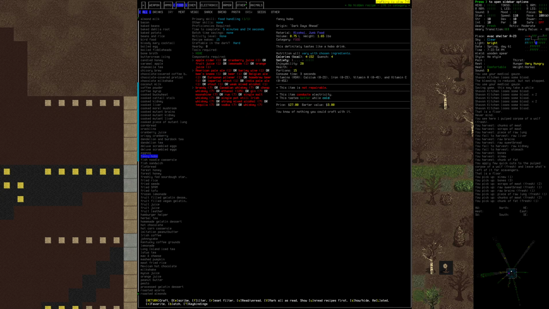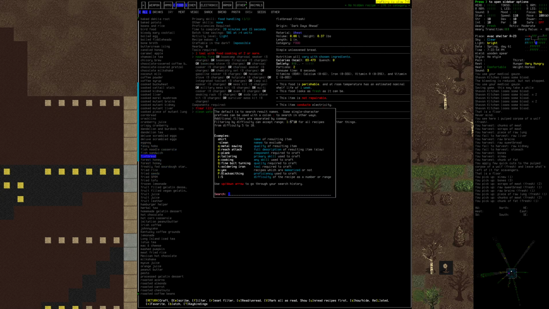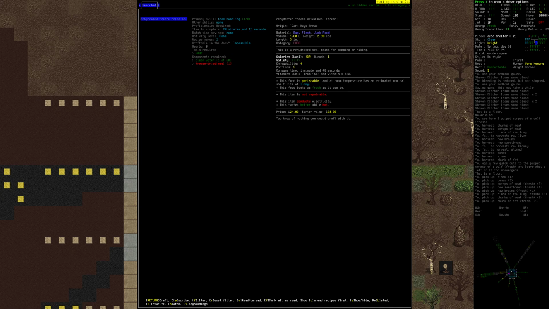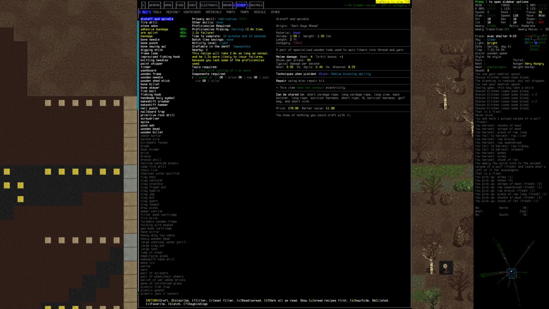A fancy hobo. Apple cider, pale ale, and oh, it's a drink. It's a hobo drink. Perfect. Let me just see. Dried, prehydrated, freeze-dried meat. So, okay. And if I wanted a meat drying rack...